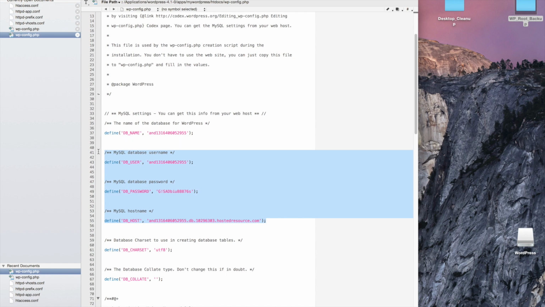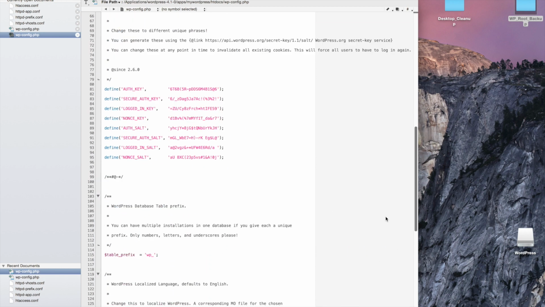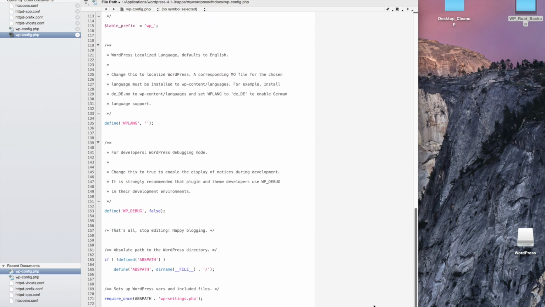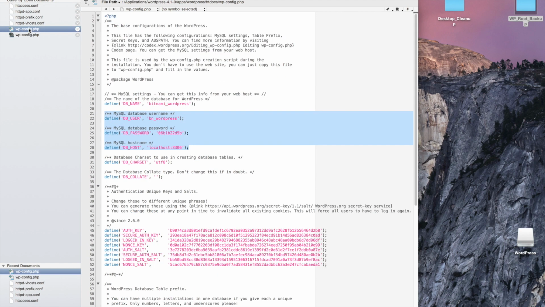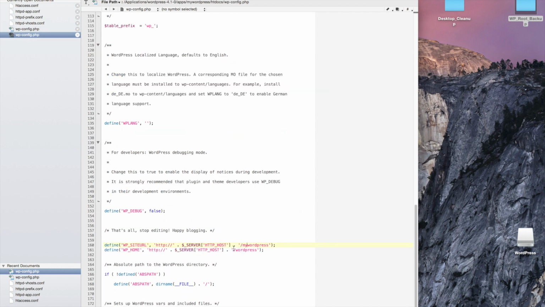So here's what I'm taking out. Here's what I'm putting in. Also in this file, we need to go to the bottom and actually copy and paste something that's not even in here. So here we're going to need to grab these two lines and copy and paste them over. Now change these to My WordPress